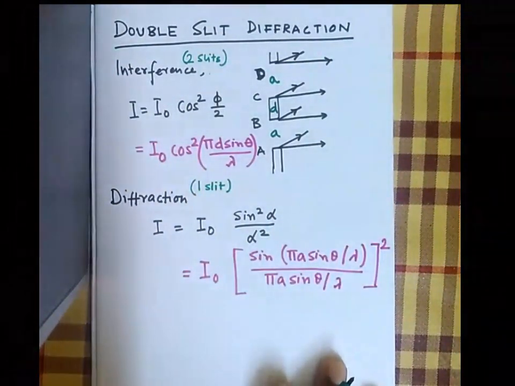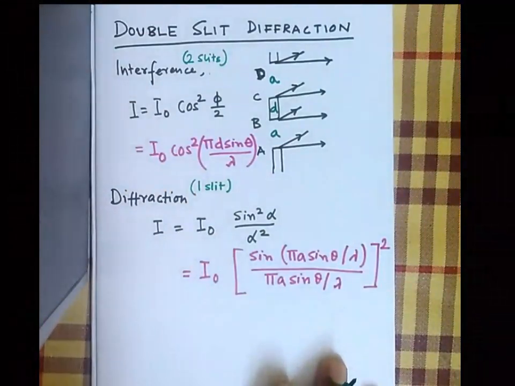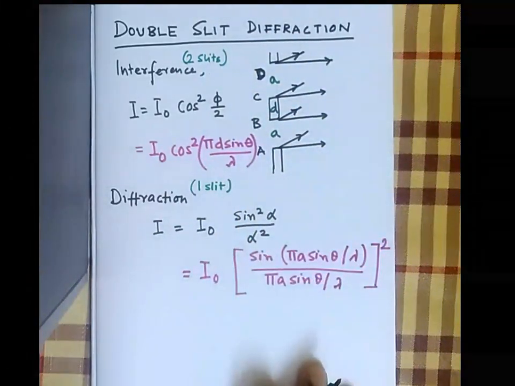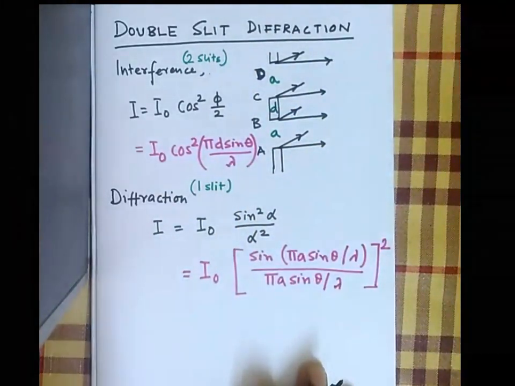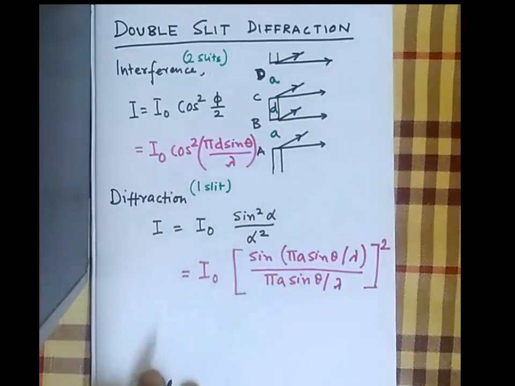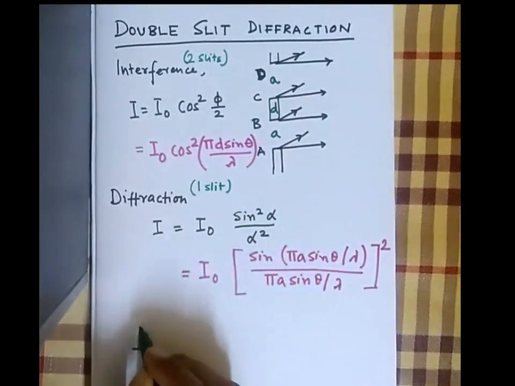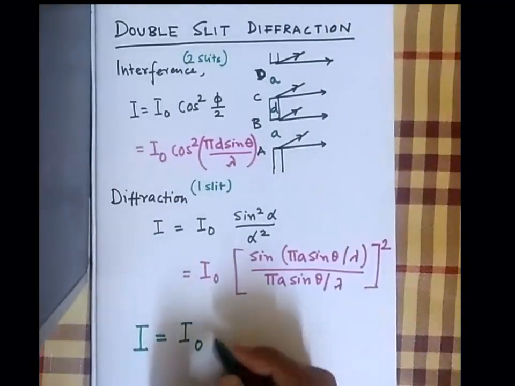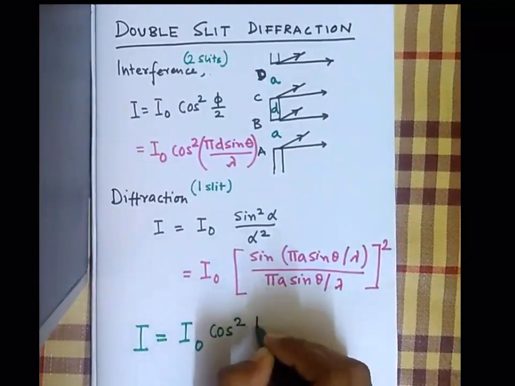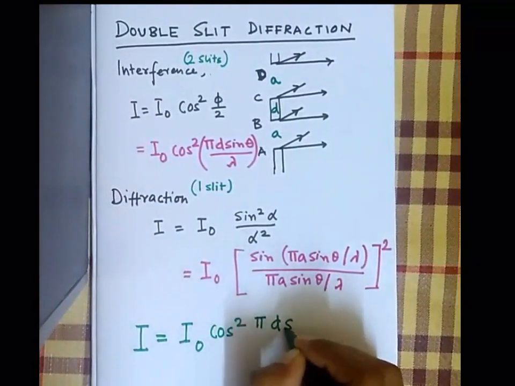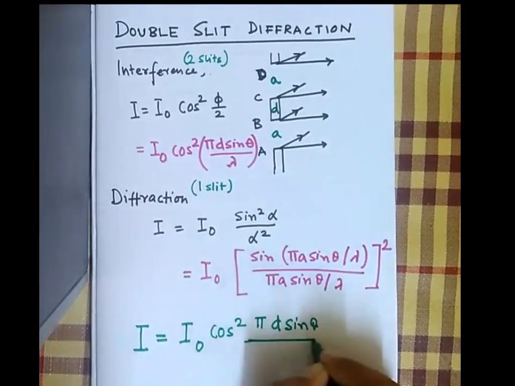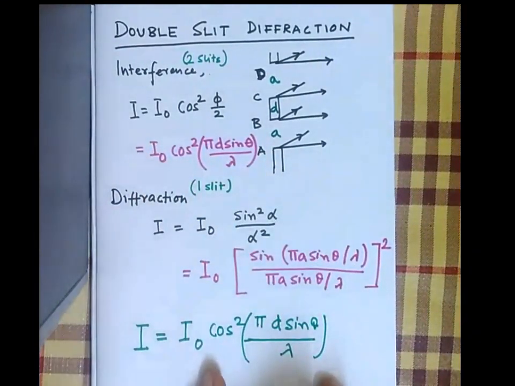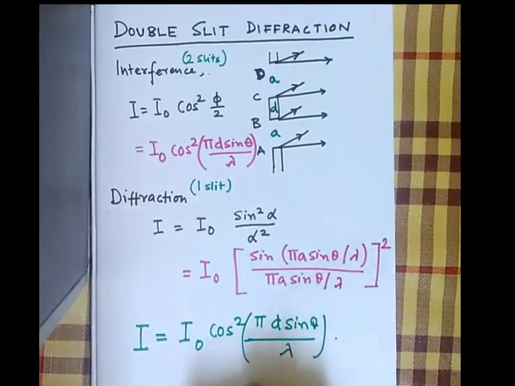Now, to very simply tell that, we can simply say that it will be a combination of both these effects, isn't it? So the resultant that we see now for the double slit diffraction should give me something like this: I equal to I0 cos square of pi d sin theta by lambda. So this is the part that comes due to interference, okay, times